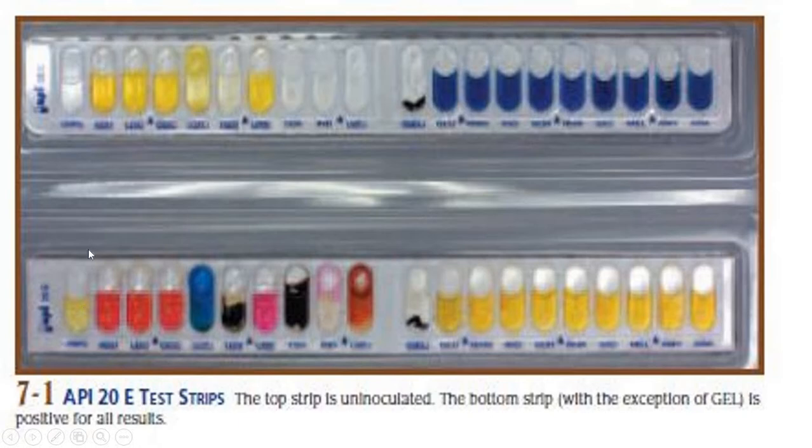Here this shows the yellow color. This is yellow color in this strip, but in this strip it is red color. In this strip this is yellow color, this is red color, and in this strip this is yellow color, this is blue color, and these all show positive tests, and this is a negative test you can use for control.